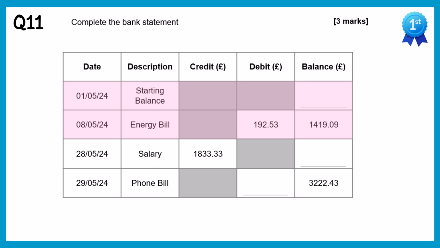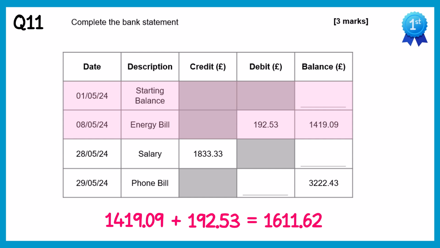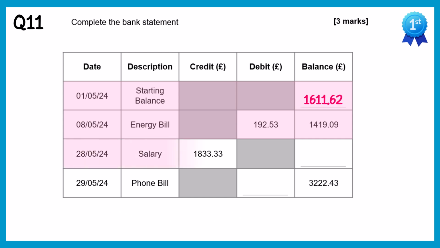£1,419.09. This means we can work out the original balance by taking the new balance and adding that debit back in. This will give us £1,611.62, so this must have been the balance before we removed the debit. Now if we move on to the next row, we've got a salary. This is a credit, so it's money that comes into the account. The balance was